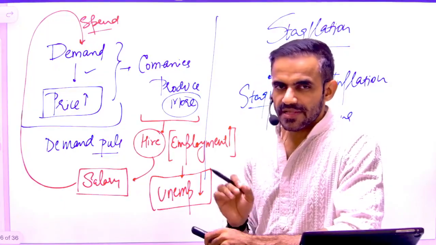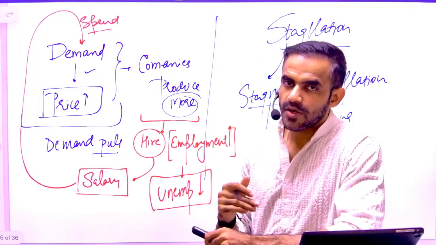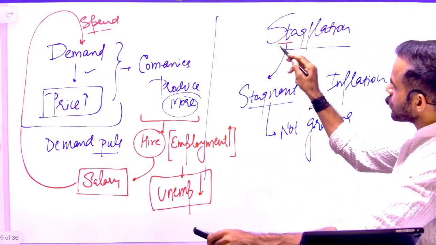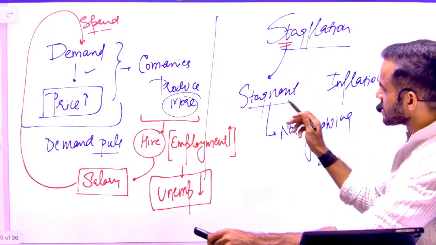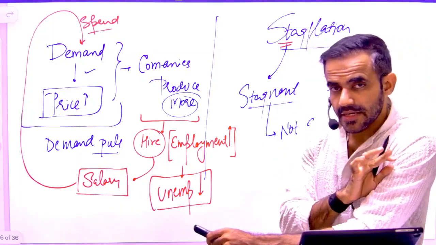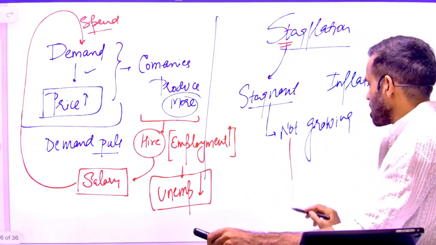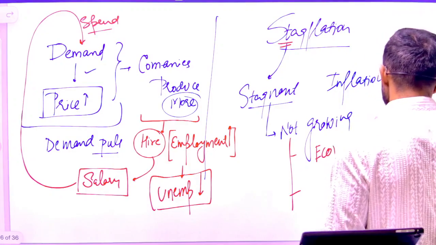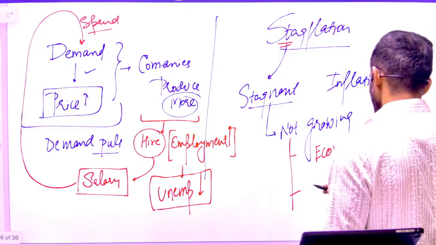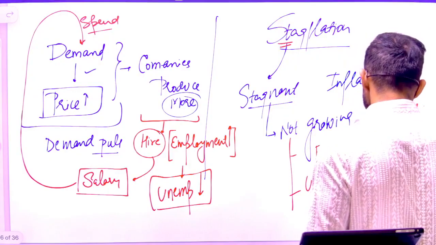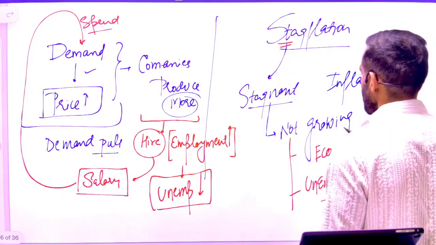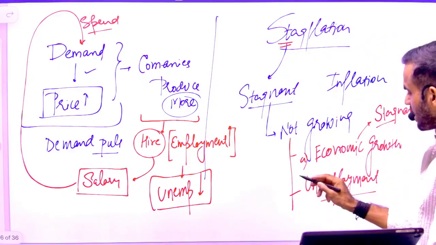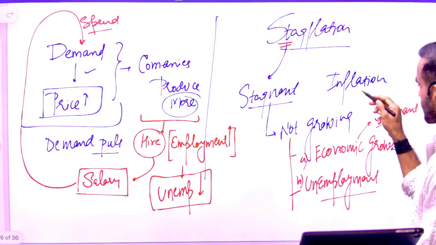What if there is a problem in the supply chain, and because of that problem, inflation is there? In this case, we refer to it as stagflation. Stagflation basically means my economy is stagnant. It is not growing. So that simply means two things are happening. A, the production or economic growth is stagnant. And the second problem is that unemployment is there. So stagflation is a combination of three scenarios. One, low or stagnant economic growth. B, there is unemployment. C, there is inflation.